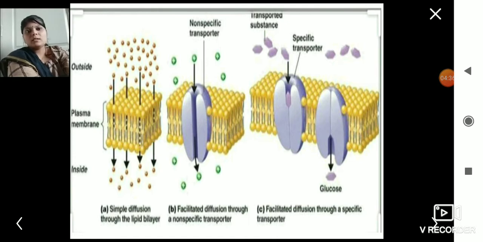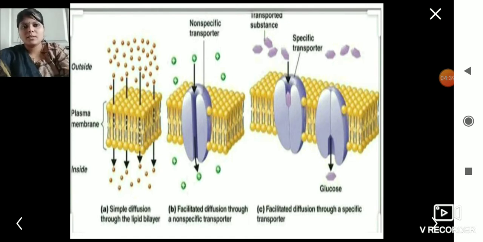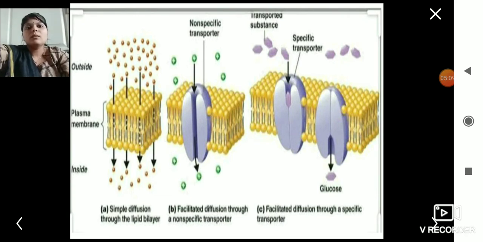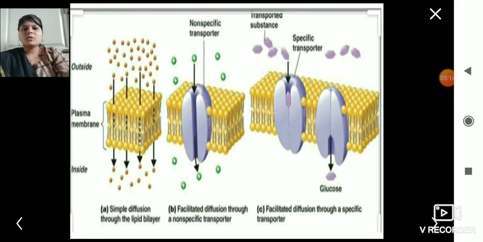Correct. So in that case, this is like a special pass, an entry given to some students or some people who are entering a place, isn't it? We give a certain pass, or somebody is going to tell them, no, no, we know that even though the identity card is not there, if we identify that you are our college student, sometimes we allow them for the exams, isn't it? Like that, it's a non-specific transporter, but still we are allowing them. That's how it works, even though it is important, it doesn't have any proper specific transporter. Clear? So if a specific transporter is there, then it is also allowed very easily.